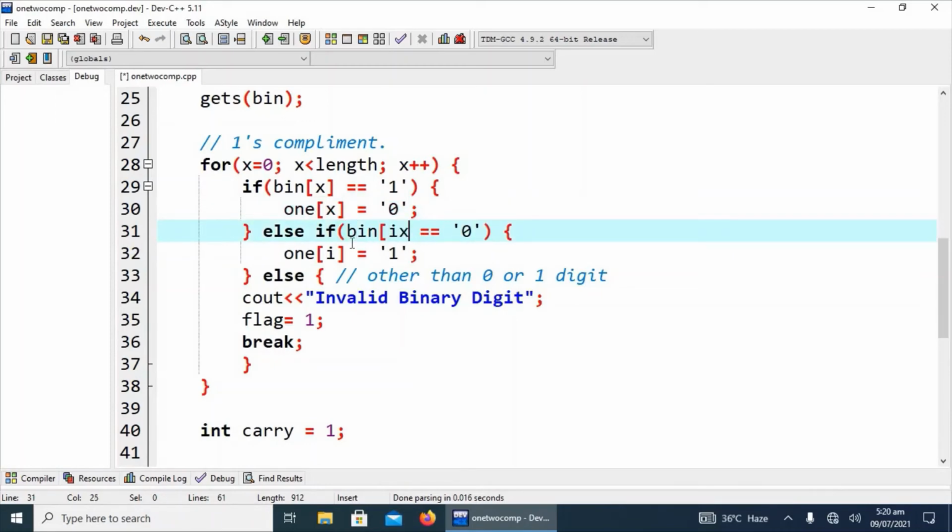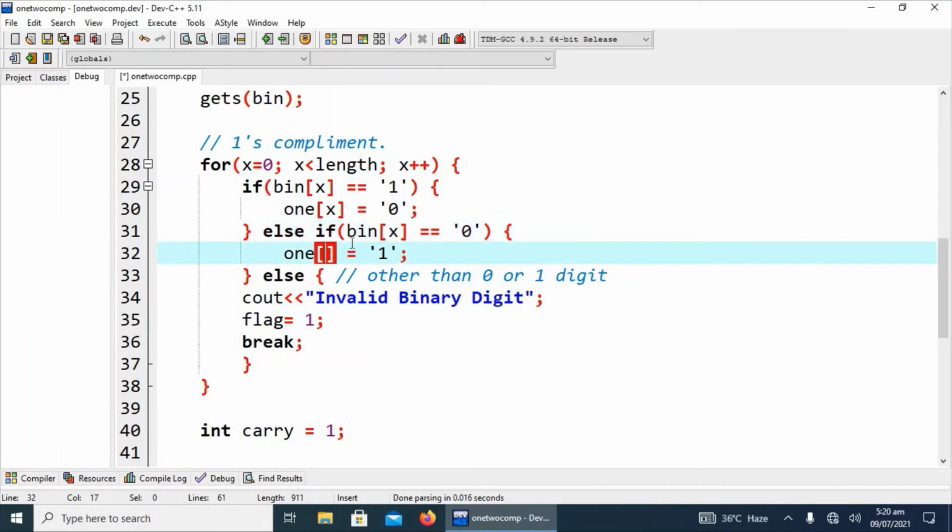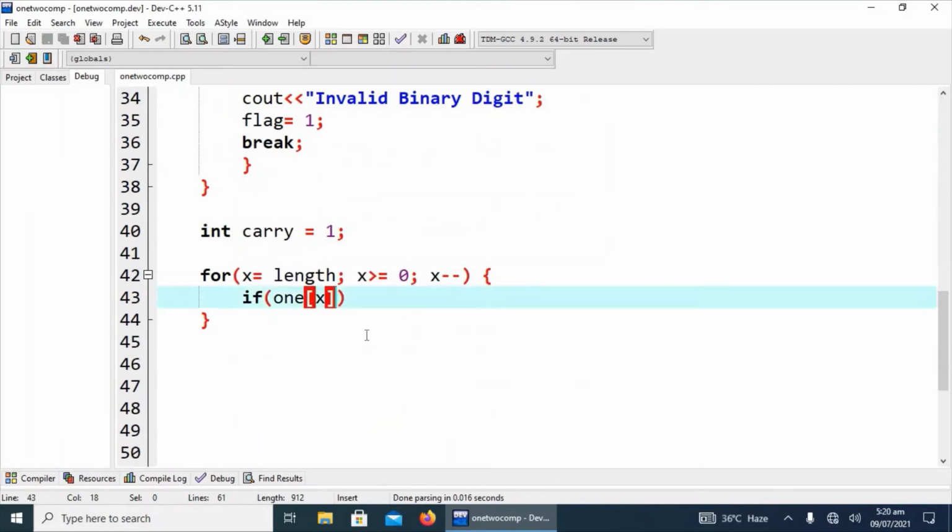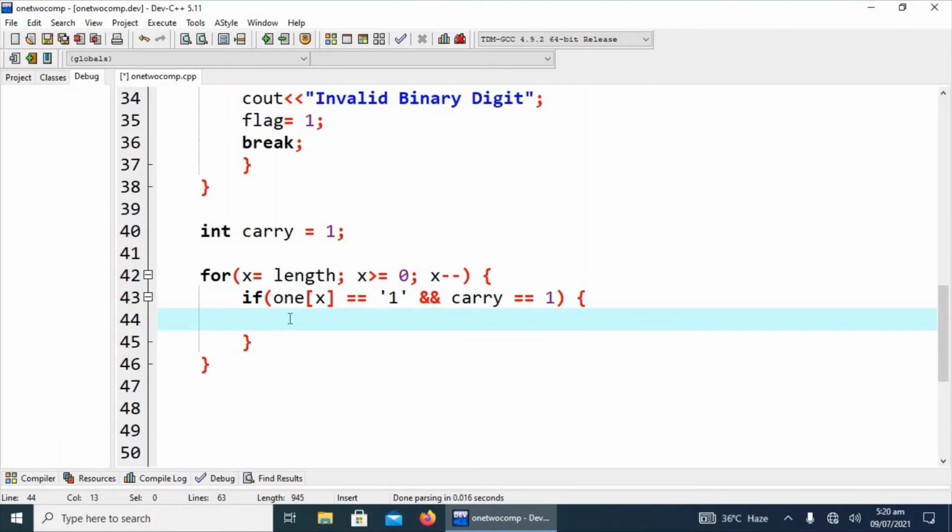By default the counter variable used is i, so I have used it. If ones[x] is equal to 1 and carry is equal to 1, here is the logic of 2's complement that we will have to understand.